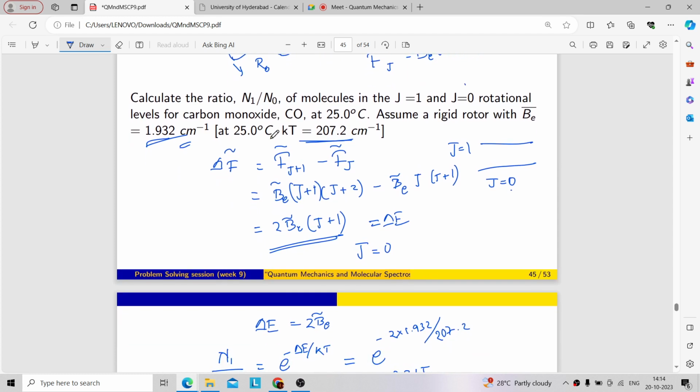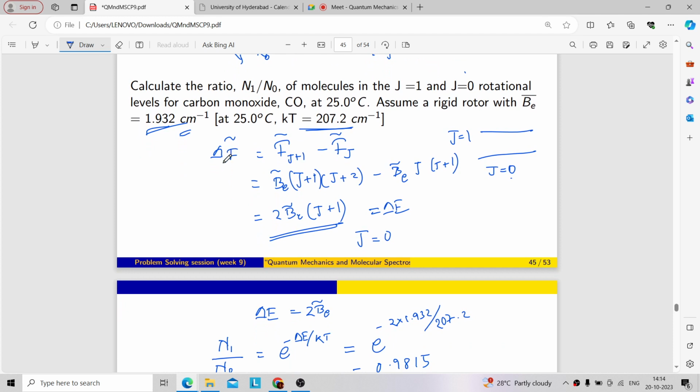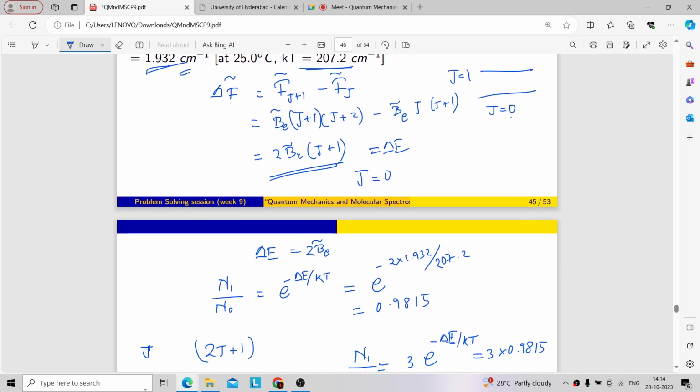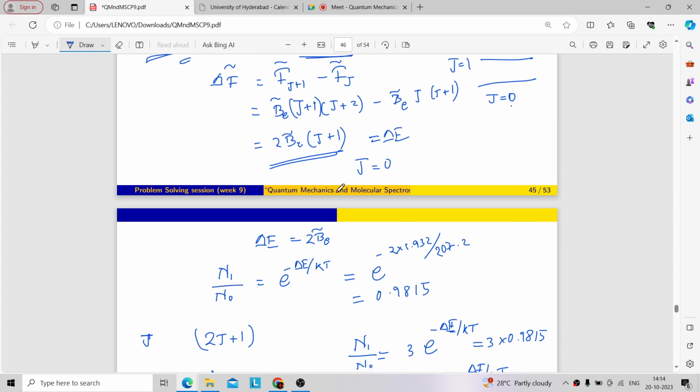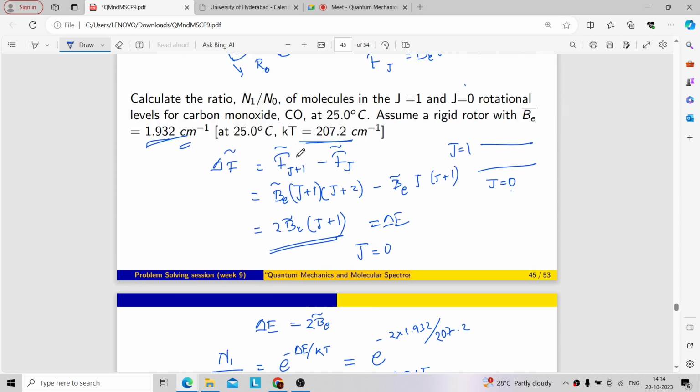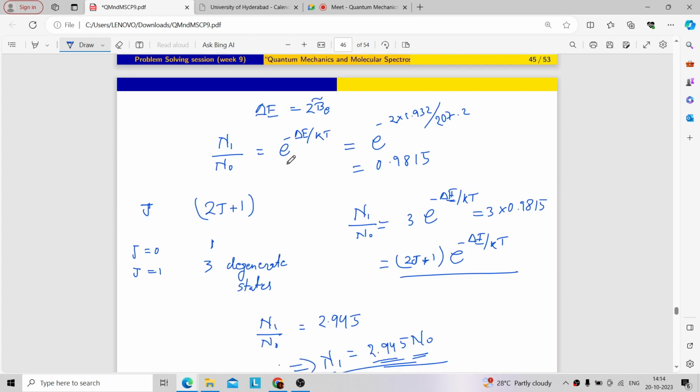So we calculated the energy difference between these two states. According to Boltzmann distribution, this ratio will be equal to e to the minus delta E over kT. Now delta E we calculated from here, and kT value is already given. So if we put this, we will get the answer